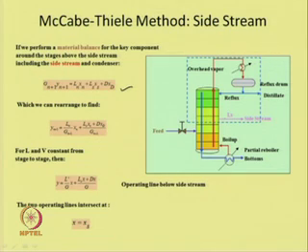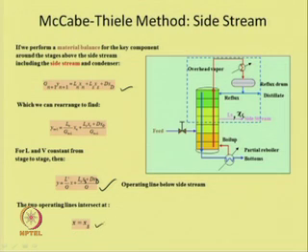So, L s is the rate of side stream which is withdrawn, and its composition is x s. This is the equation of the operating line considering the side stream, and it would intersect the operating line of the enriching section